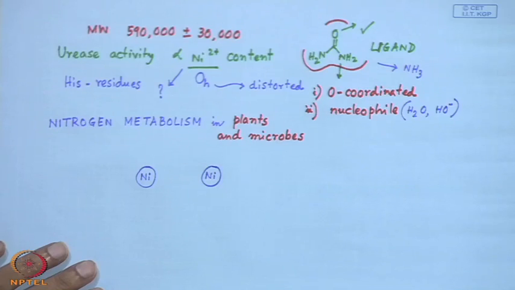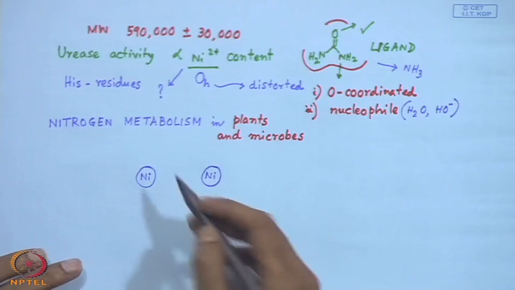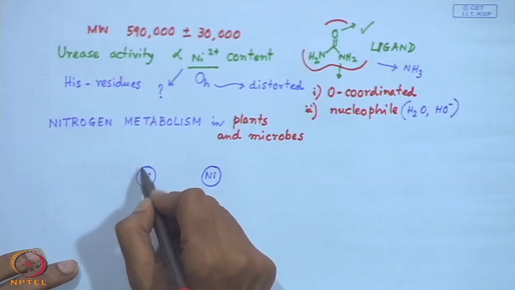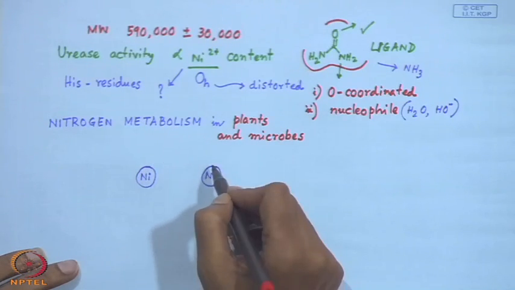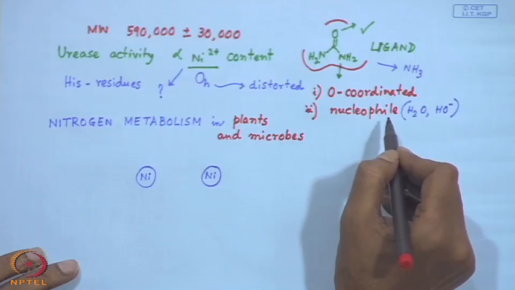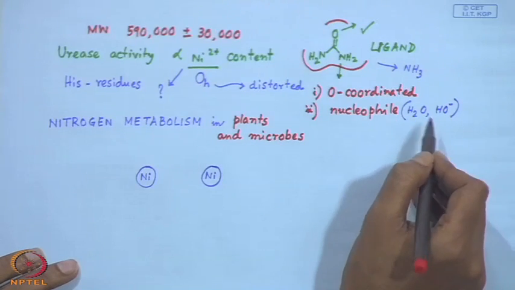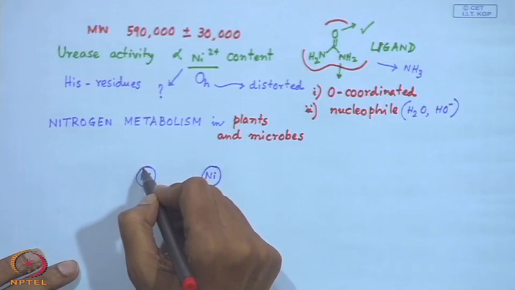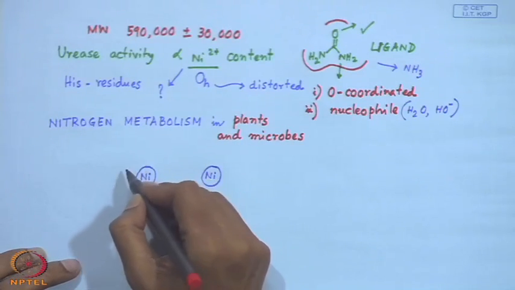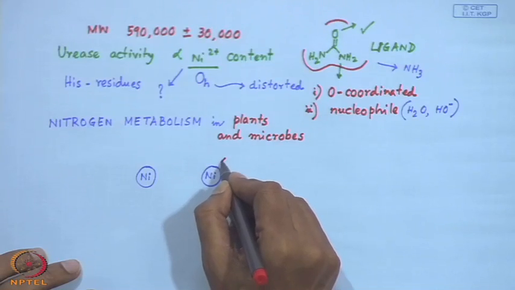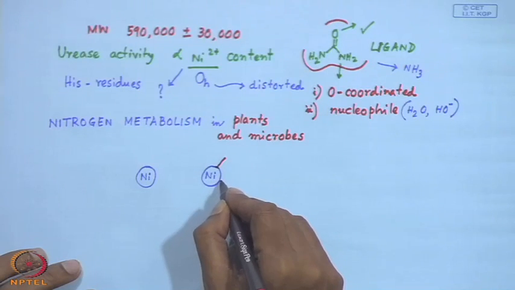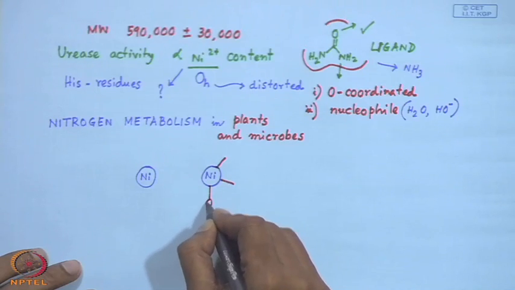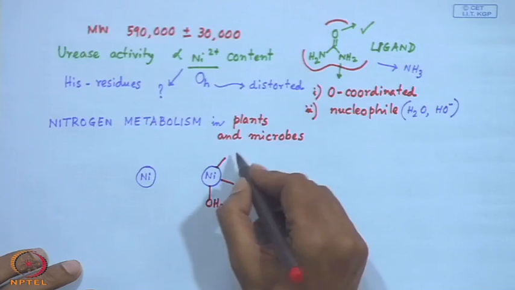In the case of iron and all other cases, people have now identified that this is the most effective arrangement for this reaction. So, one will be responsible for substrate binding and another will be responsible for nucleophile binding. The water and hydroxide group bound to the second nickel will attack the substrate which is bound to the first nickel. So, the environment identified now from the X-ray structure, that these are water molecules,